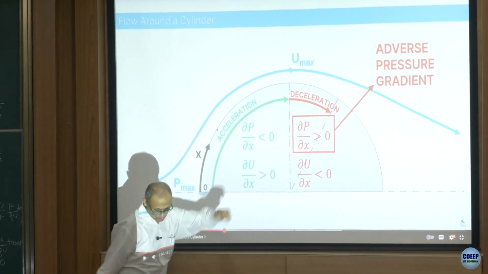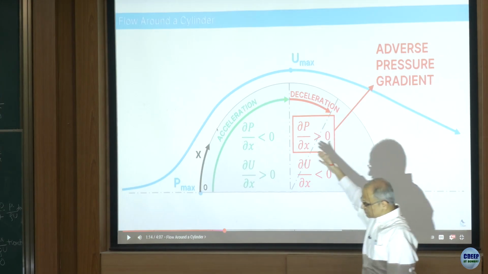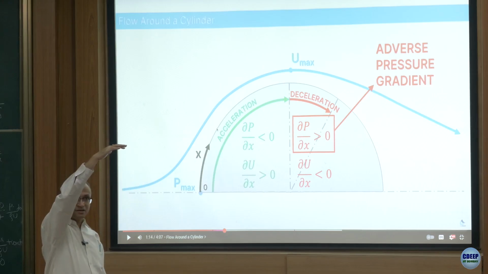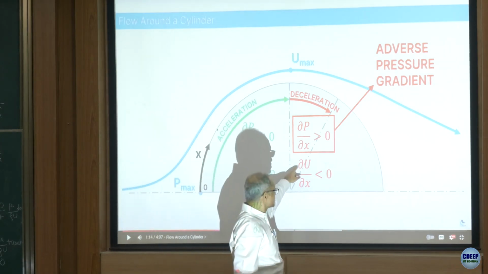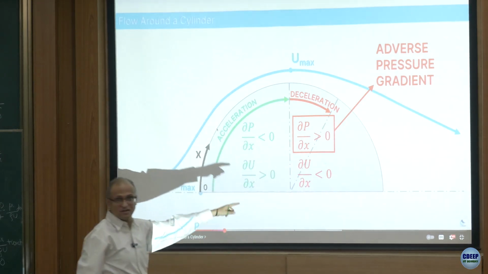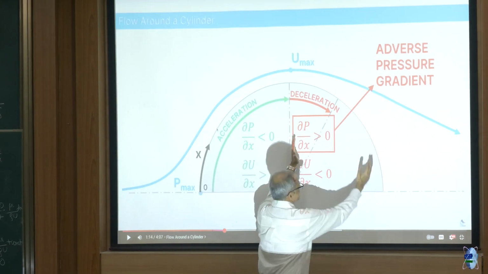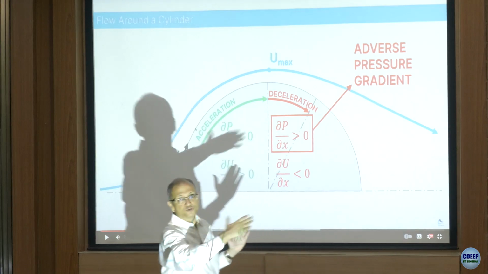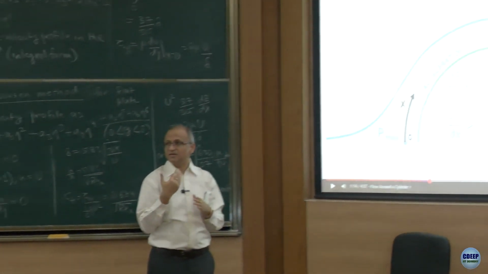Now on the other side, once you go from this point onwards to here, the reverse of what we have said would happen. Now the streamlines will expand out again, so the flow velocity will reduce, therefore dou U dou x is less than 0, and from Bernoulli you will get dou P dou x greater than 0. That means between this point and this point, pressure is increasing. As you increase x, your pressure has to increase. So now the pressure gradient is against the flow. Flow is trying to move from left to right, and the pressure gradient is in the opposite direction,